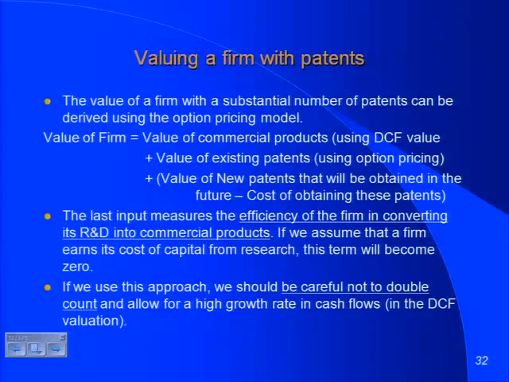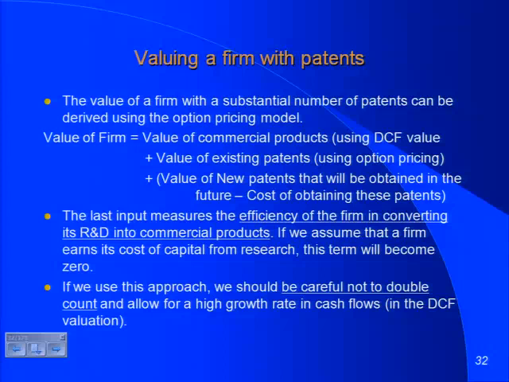But there's a third layer that's a nightmare. Pfizer's R&D department is not shut down yet. They're going to continue to work. You know why that's a nightmare? I have to estimate new patents that might emerge in the future and the value that will be created by new patents and new drugs. That's going to be difficult because I don't even know what's working its way through. This is even before they file for a patent or put it in the FDA approval process. The value of a drug company or a technology company has three layers. First layer is existing products, DCF value.